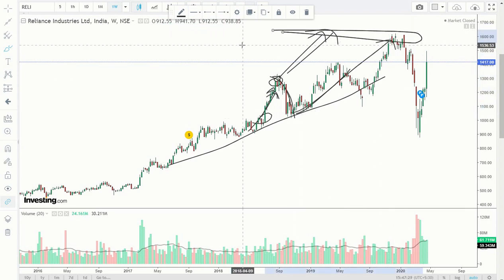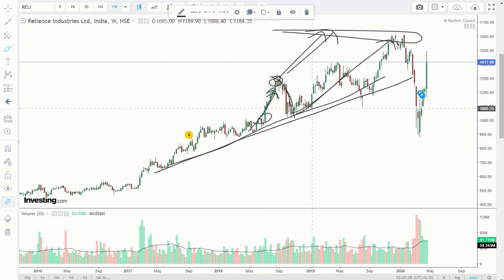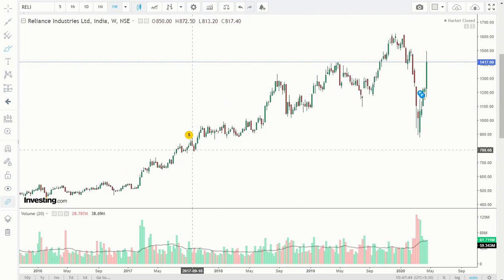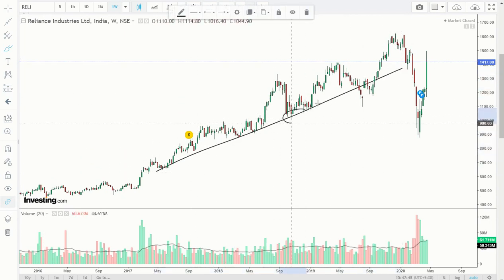So all these things work because technical analysis gives you areas wherein, whenever prices come there, more and more investors will want to buy, because many people, even institutions, are following this. Even institutions are drawing this trend line. So they are also buying here. Therefore prices will go up.